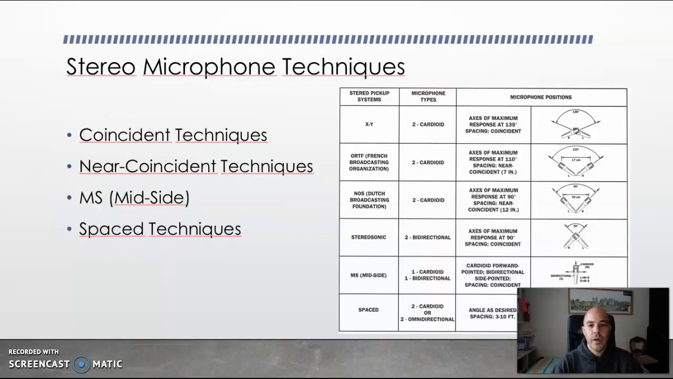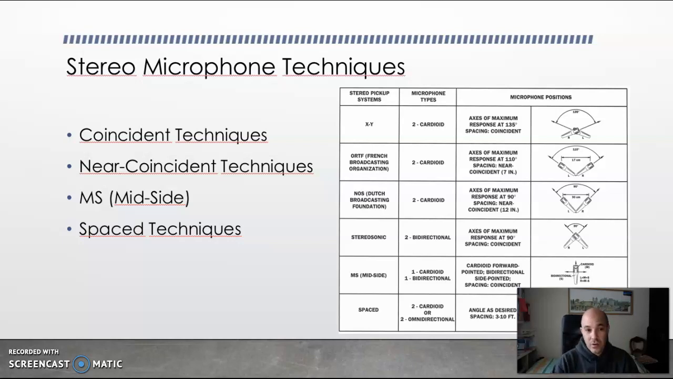Next, we are talking about stereo microphone techniques. There are many microphone techniques available to understand, but these are the main ones to cover a big range of sources. These ones in this slide are commonly used to cover a choir, an orchestra,